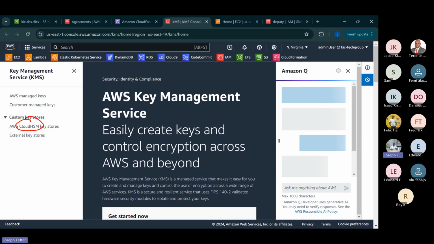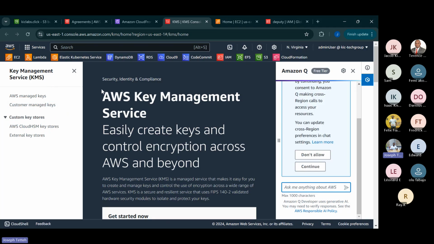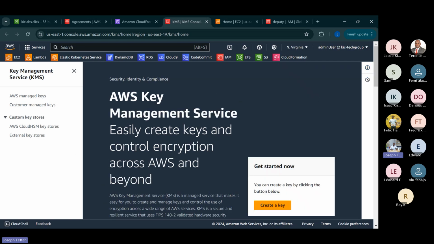Or if you want an AWS service that creates and controls the encryption, then you can use KMS. And in this case, you can use AWS managed keys or customer managed keys to encrypt your resources. Mostly what I say is that encryption is available for a lot of AWS resources, and make sure when you are using them, you enable them. They are like seatbelts. If you don't enable them, then your resource can be